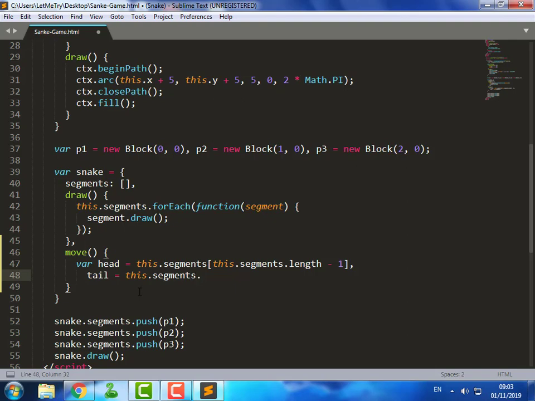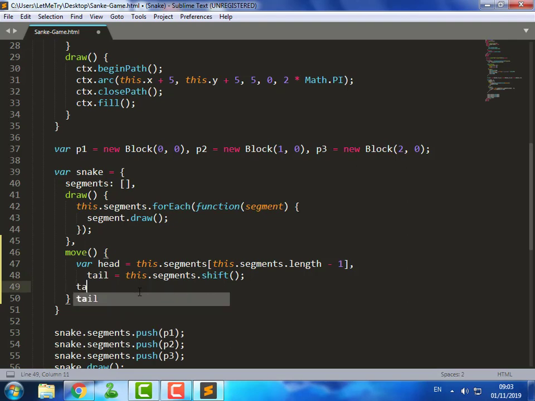Shift the tail, change its position to the new head,